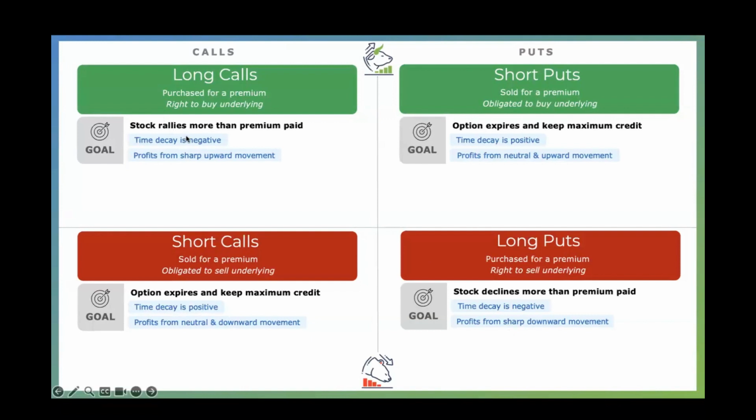And you can see that with the goals that are associated here, which means we want the stock to overcome the premium that we paid. And the options Greeks are completely focused on all of these metrics. We want the stock to move more than the premium that we paid for long options, which means time decay,